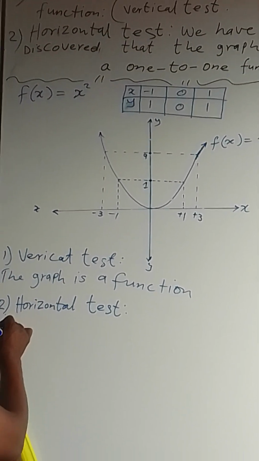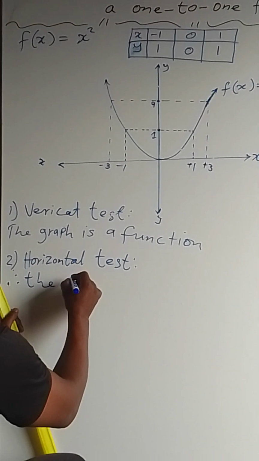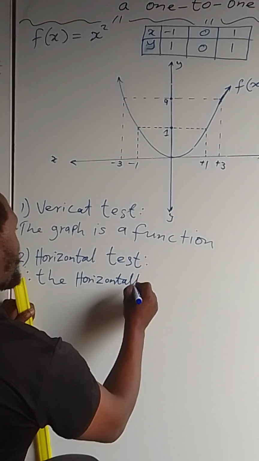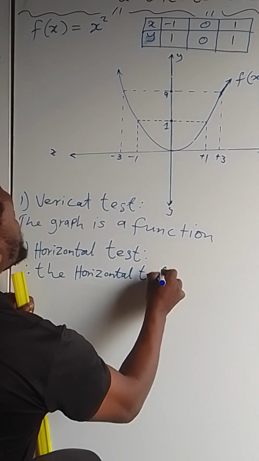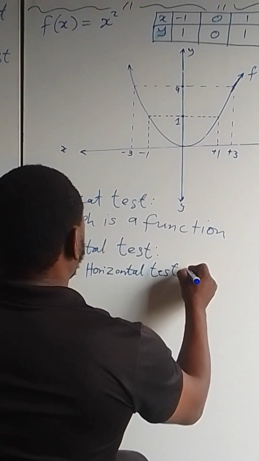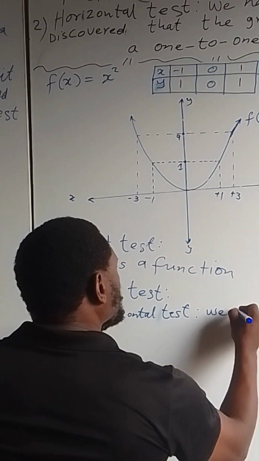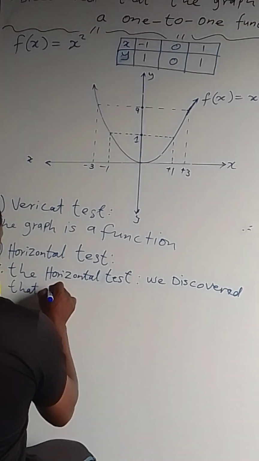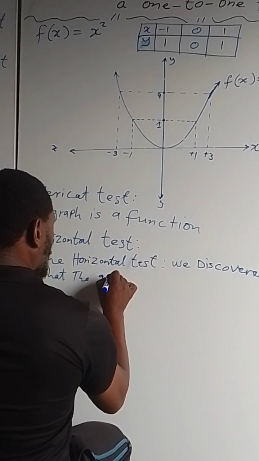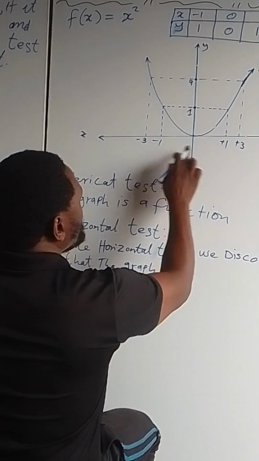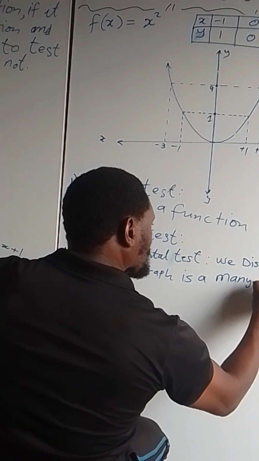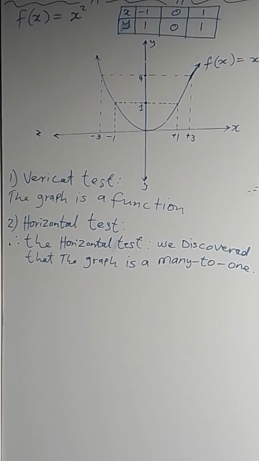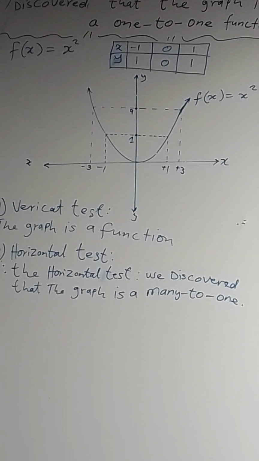Therefore, with the horizontal test, we discovered that a graph is many-to-one. Now let's go for the last part of the puzzle, whereby we find that it is not a